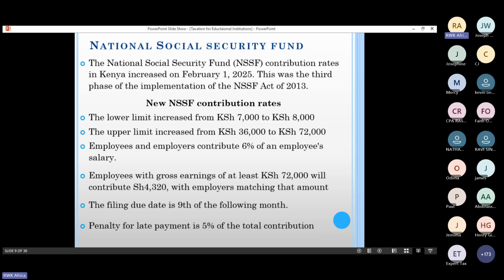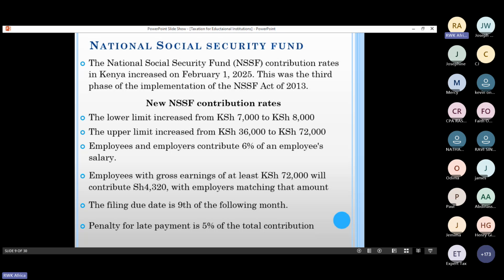So what we mean by the lower limit and upper limit, I believe we are familiar with the different categories. We have Tier 1 and Tier 2. So for Tier 1, it's any amount that is subjected to the lower limit. So 6% of 8,000, that is 480. That is the Tier 1 contribution that we do. Then for Tier 2, every employer should be in the Tier 1 and Tier 2 category. Tier 2 will be 6% of the difference between the upper limit and the lower limit. So 6% of 72,000 less 8,000. So the total now will be